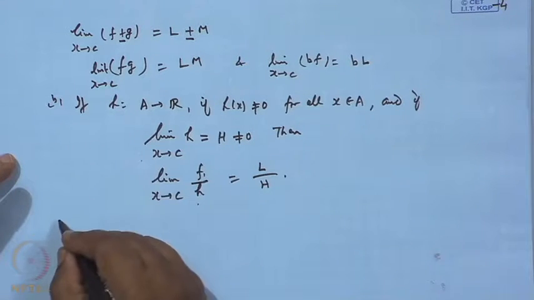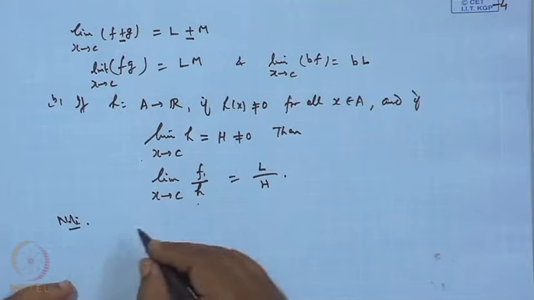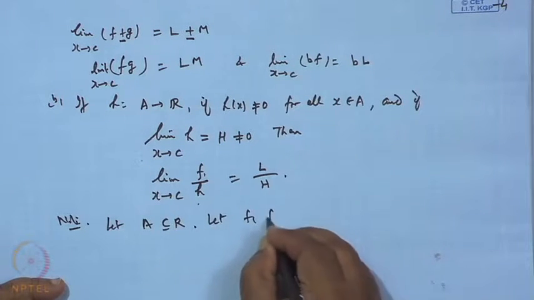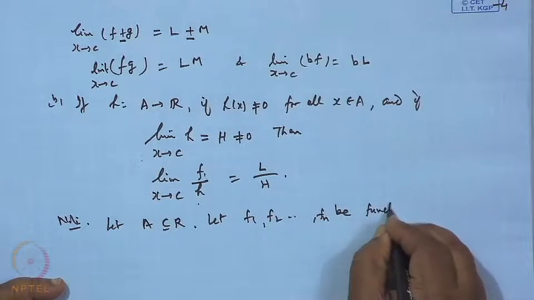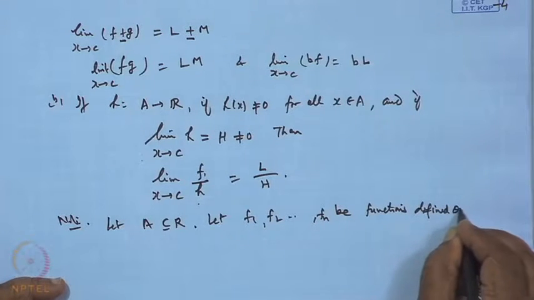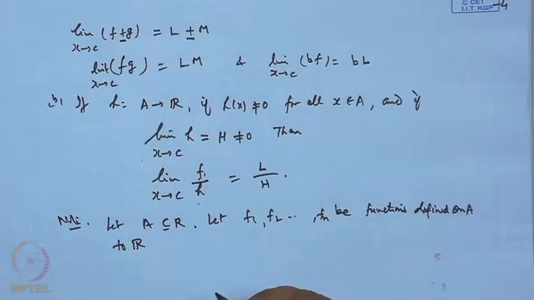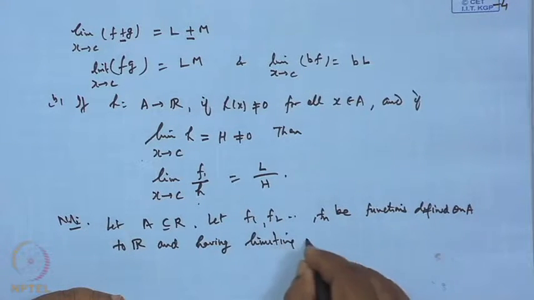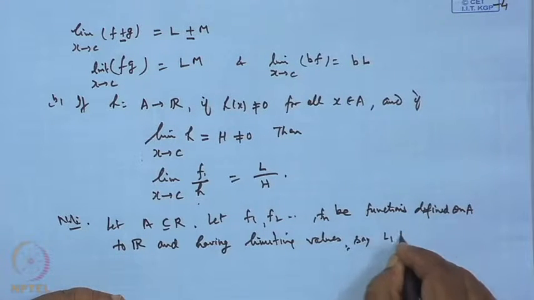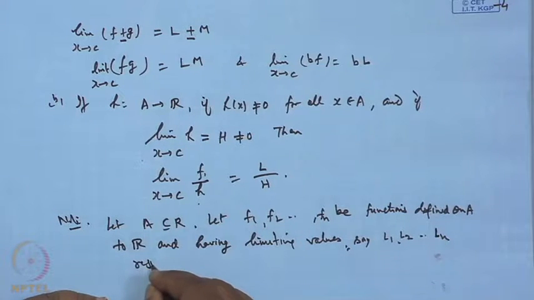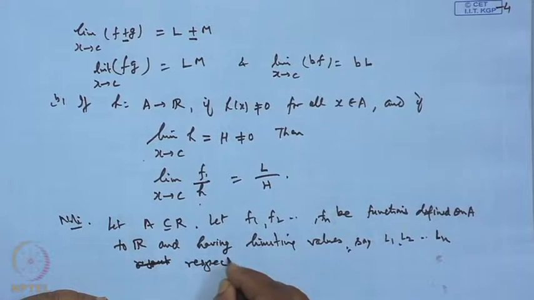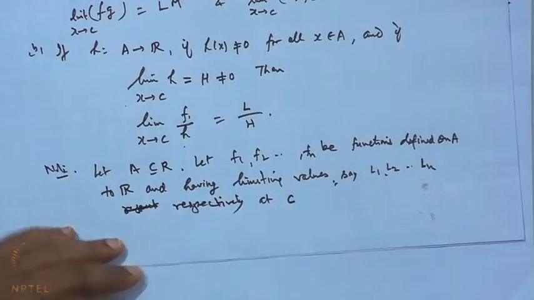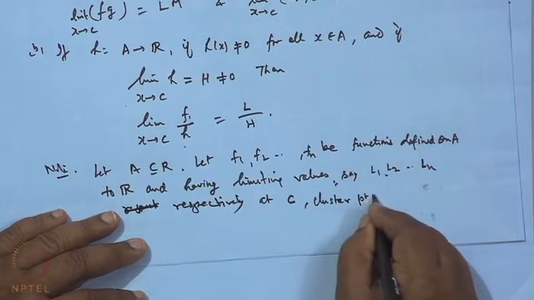Another note. Suppose there are these functions f 1, f 2, up to f n, defined on A to R, and C is a cluster point of A, and having the limiting values L 1, L 2, up to L n respectively at the point C, which is a cluster point of A. Then